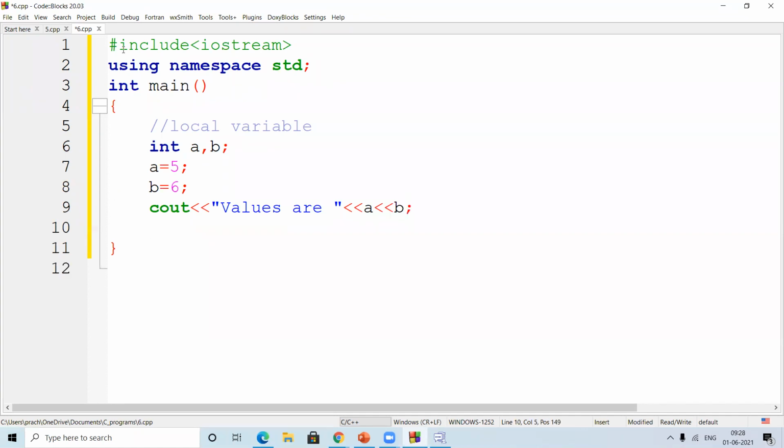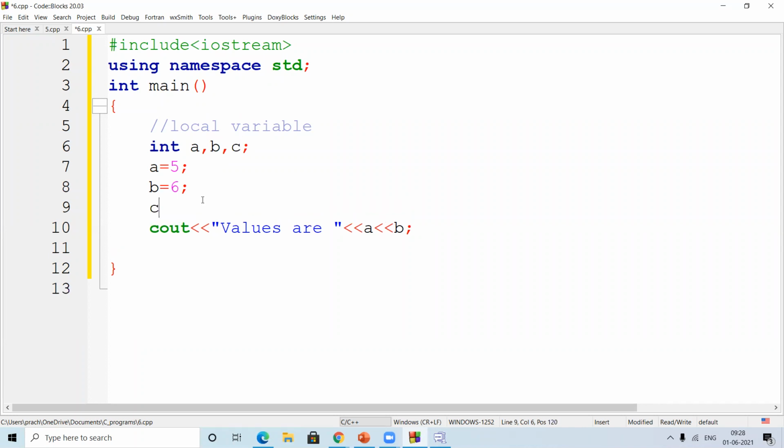Okay. So at this point, I hope there is no issue with this because we all know this. Okay. Now, क्यों नहीं है हमें? Because we know this. ठीक है. Now, अगर suppose मैंने इसमें और एक variable को add किया, which is C. ठीक है. और इसको I'm just writing C equals to A plus B.